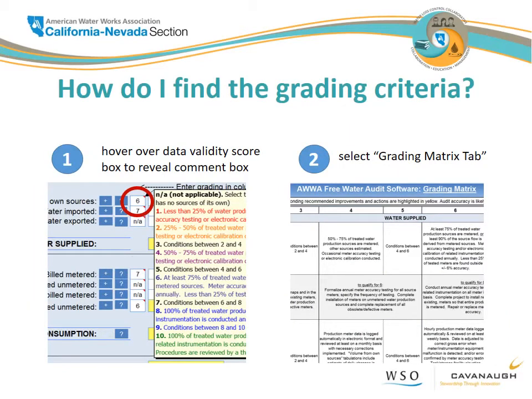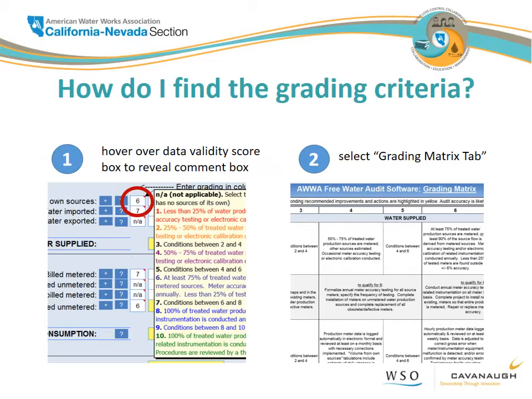In the example we were just looking at, those 1 through 10 grading criteria came about as a pop-up box on the reporting worksheet, and you can access that by simply hovering your mouse over the small white box immediately to the left of the data input that you are looking at. And when you do that, the 1 through 10 comment box will pop up,